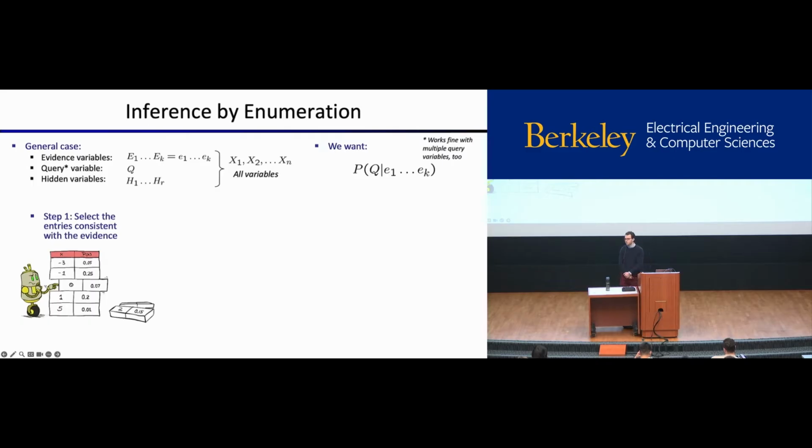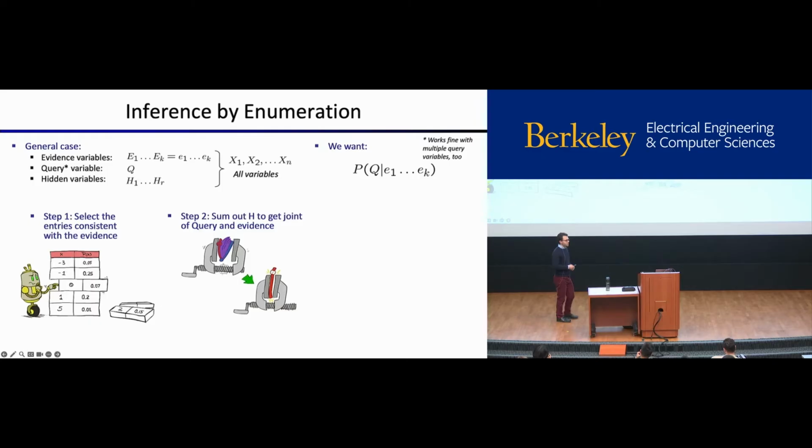And the way that we do this is we look at our big joint distribution, and we cross out all the entries in this table that are not consistent with the evidence that we've provided, right? So we just collect all of the entries in the table that are consistent with the evidence, and then we sum out all of the hidden variables that we don't care about. So that looks like this, right? Those entries will be all the ones that are consistent with the evidence, but they'll have lots of hidden variables still. So we're going to sum out all the hidden variables. And when we're done, we're going to be left with another distribution that we then need to normalize so that it sums to 1. And that's this last piece.